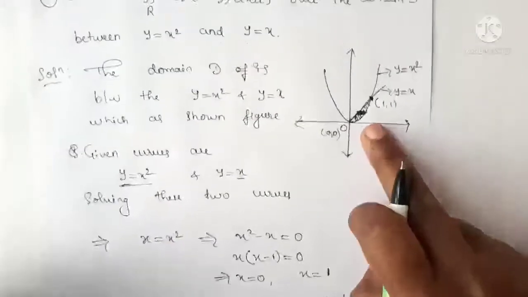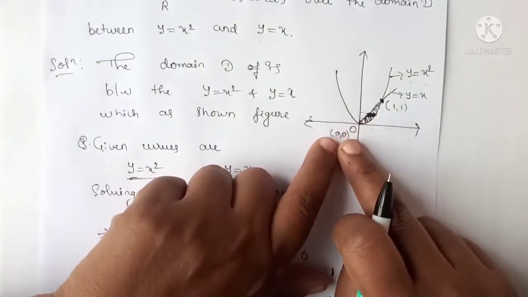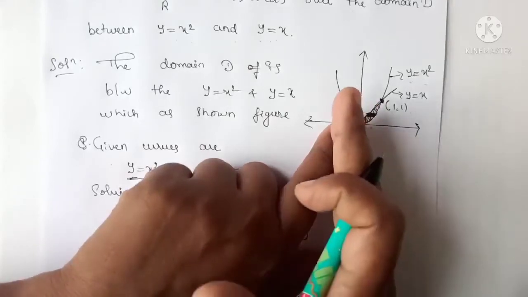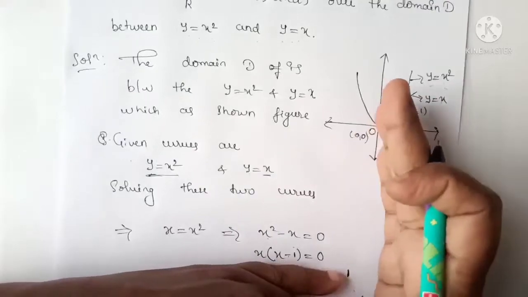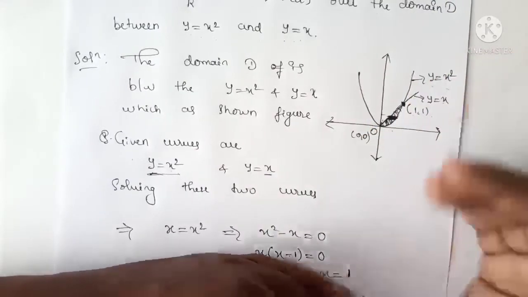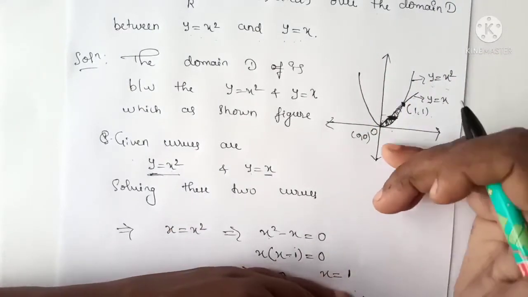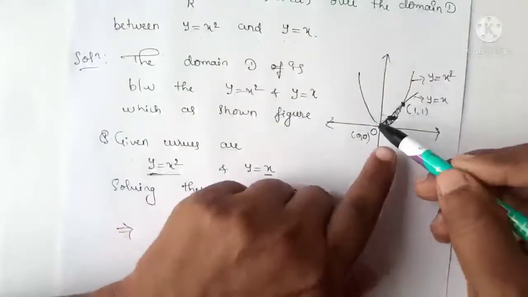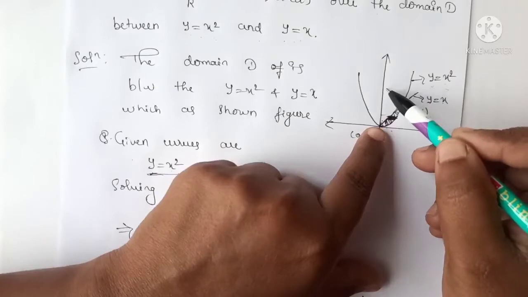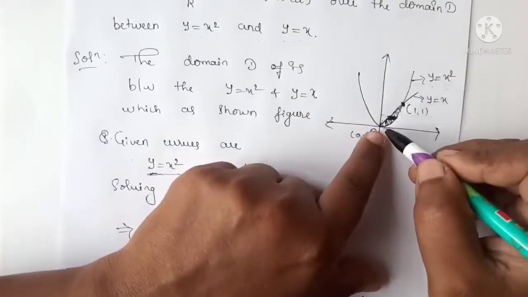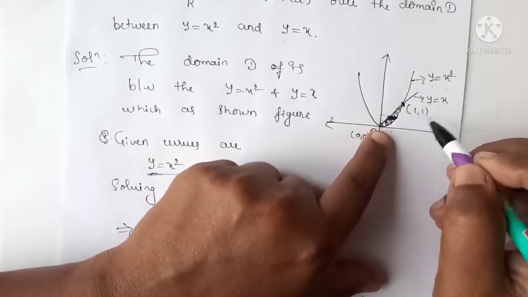So you can observe the figure here. I have taken x varies from 0 to 1. So always remember that for x limits we have to start from left to right. For the y limits we should start from bottom to top. Since y varies from 0 to the curve, we have to observe that. So here already we have taken 0 to 1 for the x limits.